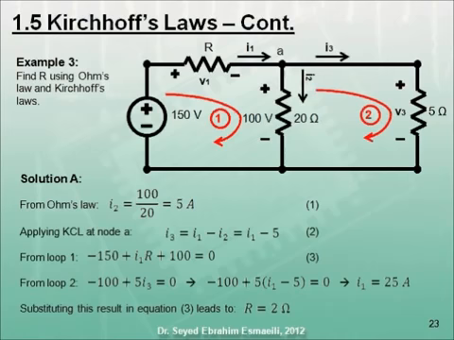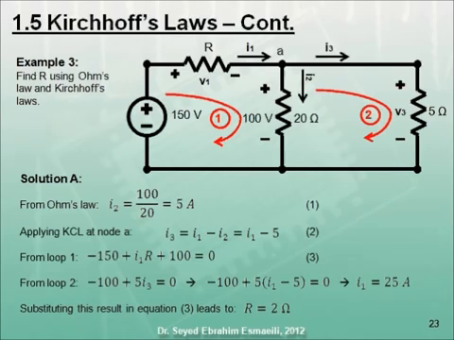In example 3, we need to find R using Ohm's law and Kirchhoff's laws. We begin by assigning a current to the resistor R, call it I1, a current to the 20 ohm resistor, call it I2, and a current through the 5 ohm resistor, call it I3. We can find the value of I2 by applying Ohm's law, where I2 equals 100 over 20 equals